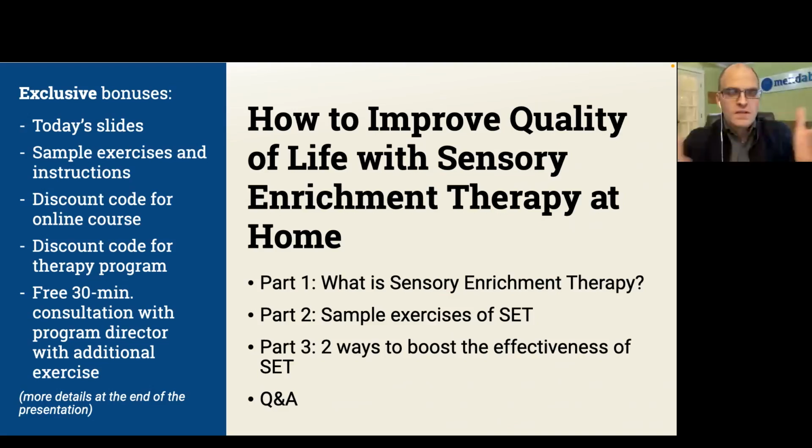We use all of the sensory systems, including the vestibular system, the proprioceptive system, all of those big fancy words that you probably have heard from your occupational therapist, for example, because they also work a lot with sensory processing. And we can talk about the difference between sensory integration and sensory enrichment if you want. But yeah, you'll be doing a lot of smelling, a lot of touching, and I forgot where I was going with this. Yes, the best smell.